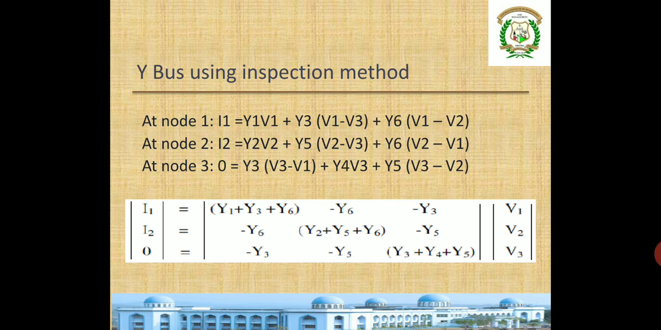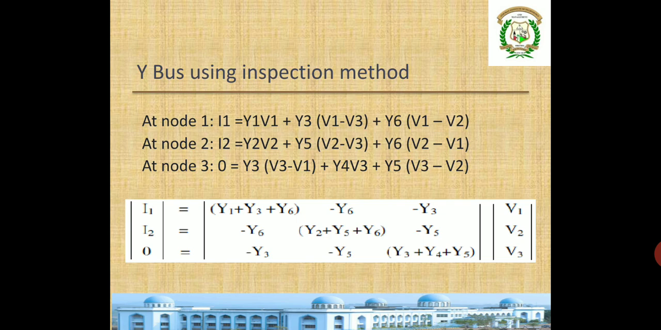is equal to Y1 V1, that is the admittance of the element connected from ground to first node, into V1 at the node. Y3 is the element which is connected between node 1 and 3, so the voltage difference between 1 and 3 is V1 minus V3. Y6 is the element which is connected between node 1 and 2, so the voltage across 1 and 2 is V1 minus V2. So I have written that I1 is equal to Y1 V1 plus Y3 (V1 minus V3) plus Y6 (V1 minus